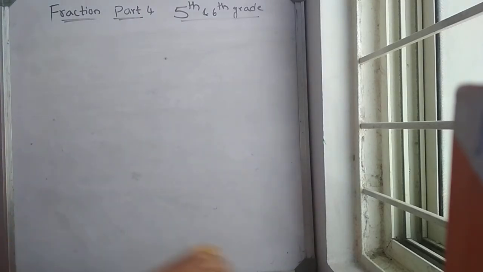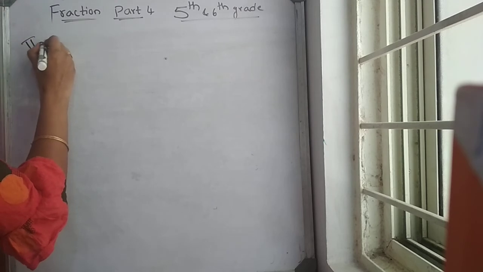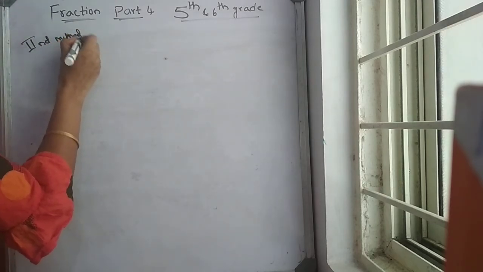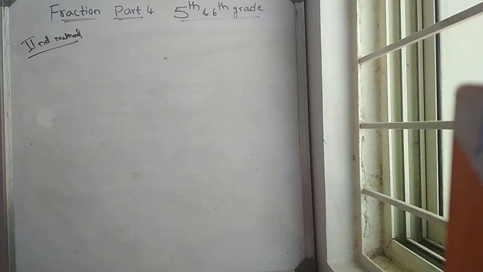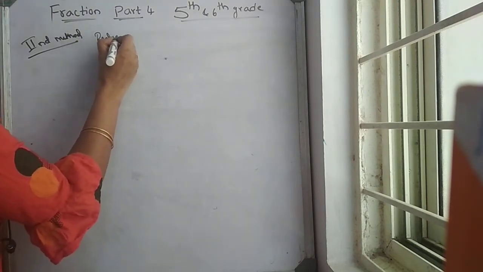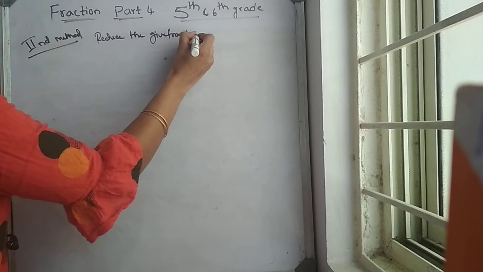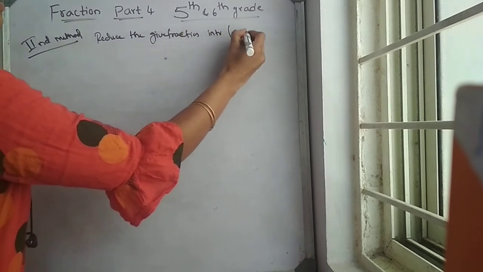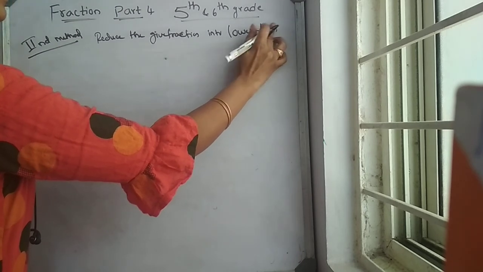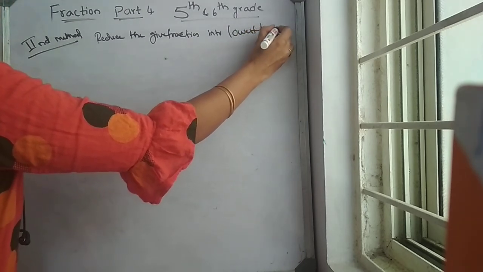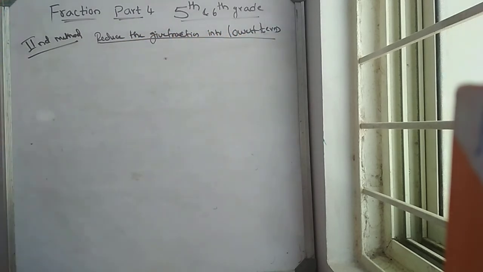Second method is the same: reduce the given fraction to lowest terms. Reduce the given fraction into lowest terms. Okay, so how is the second method done? The second method is that the given fraction may also be expressed in lowest terms by